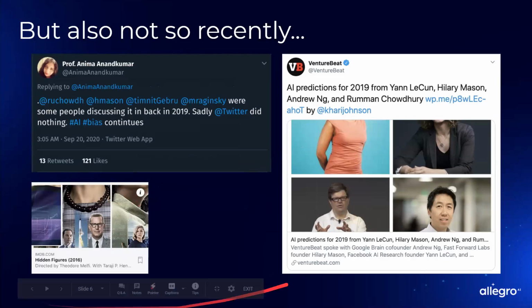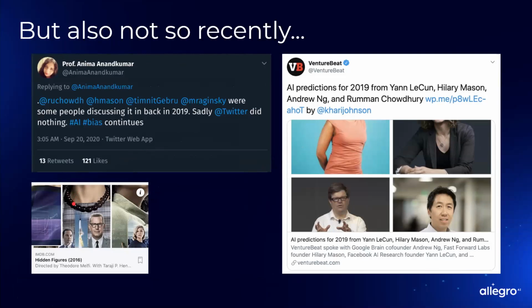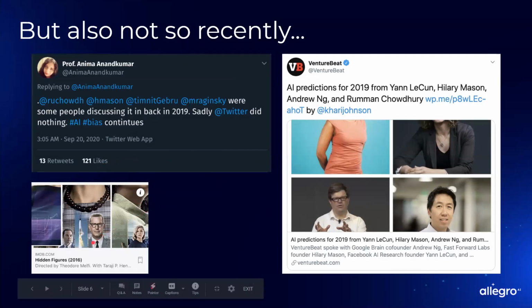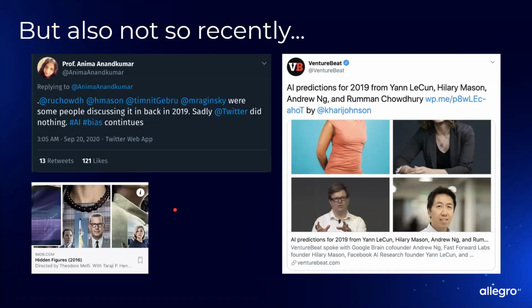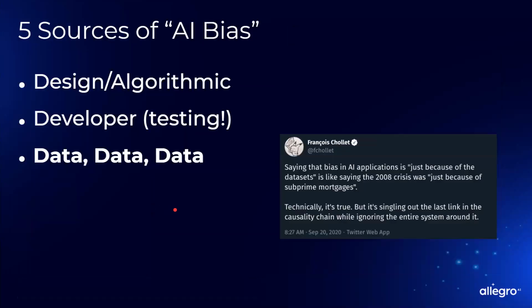Facebook, with the Hidden Figures IMDb poster, cropped out the faces of the three African-American actresses only to show the very small faces of the Caucasian people. And they're saying, AI bias continues.